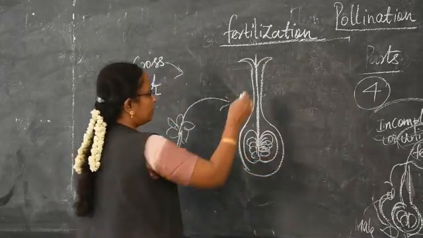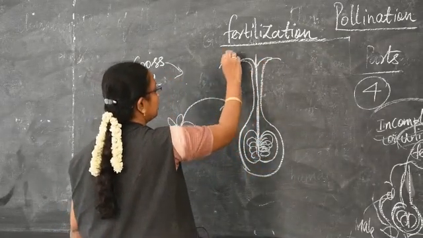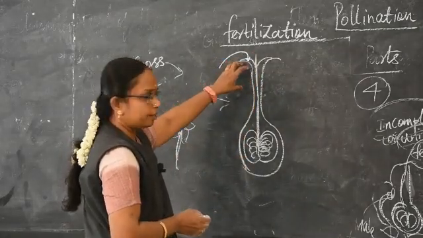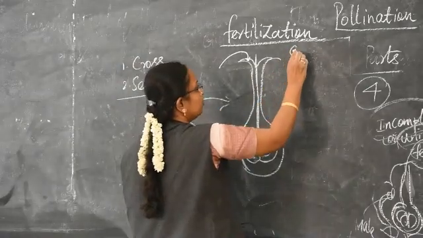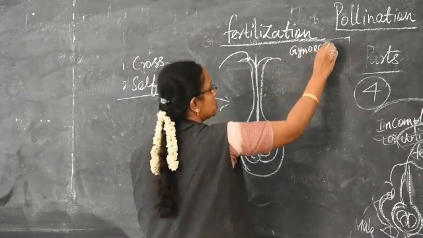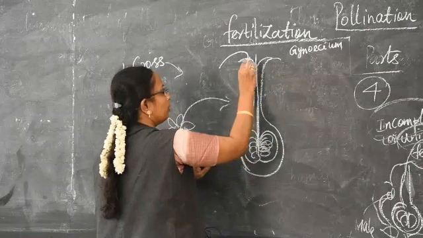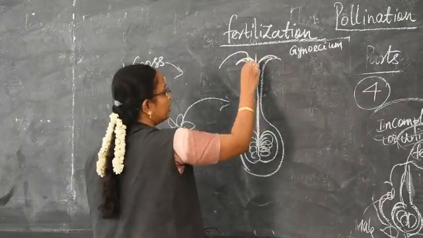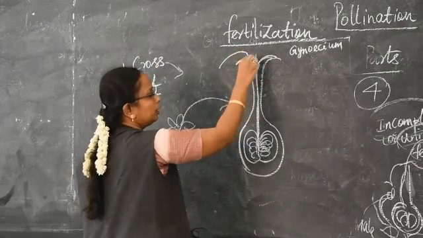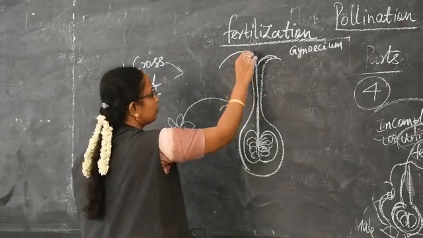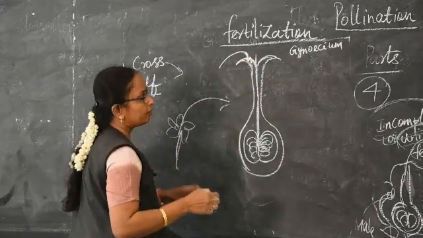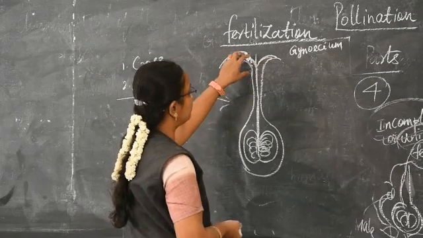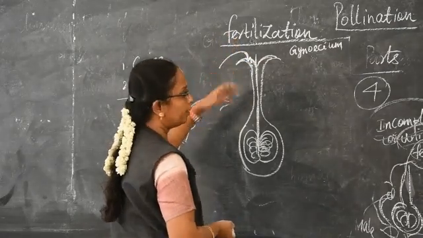Here, what is happening is the pollen grains come and stick, falling on the surface of the stigma. What is the stigma? It is the female reproductive organ, gynoecium, the pistil. It is one of the parts. Some substance is present inside the stigma. What are they doing? They are allowing the pollen grain to grow. Pollen grains stick onto the surface of the stigma, and then after some time, the substance present in the stigma helps the pollen grains to grow.